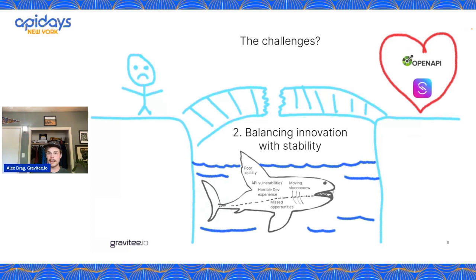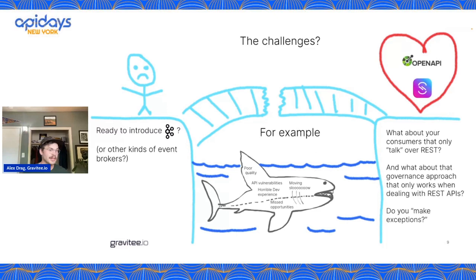So another challenge is balancing innovation with stability. So what do I mean by this? I mentioned Kafka topics earlier, right? We hear from companies all the time, customers often, that they want to start moving towards event-driven forms of communication. I think I actually saw something from Gartner recently that said that organizations need to start adopting this event-native mindset,